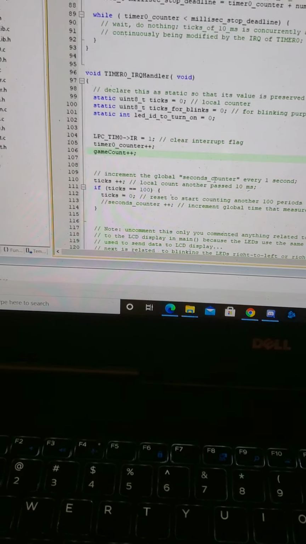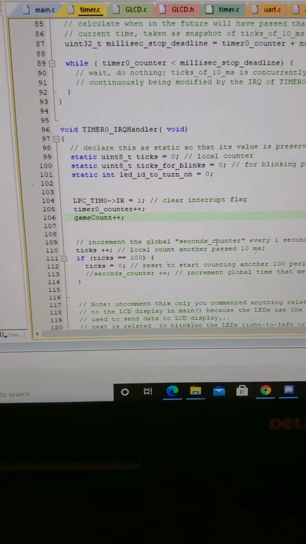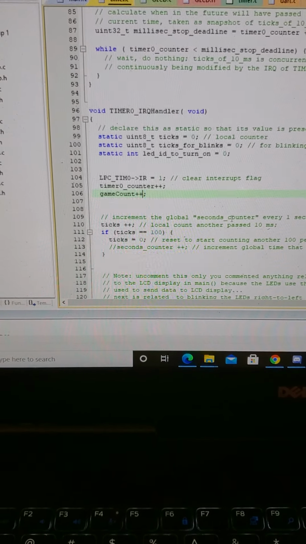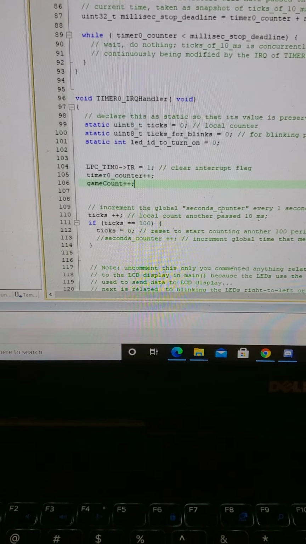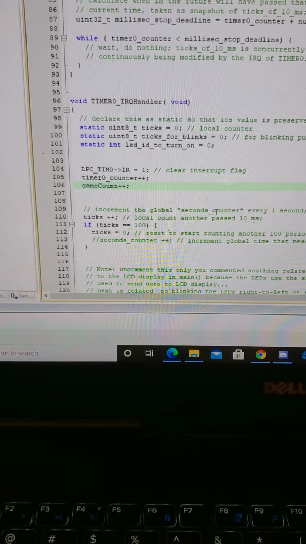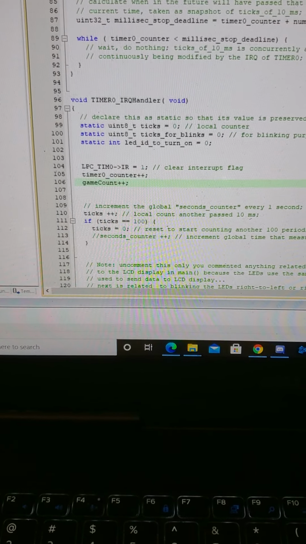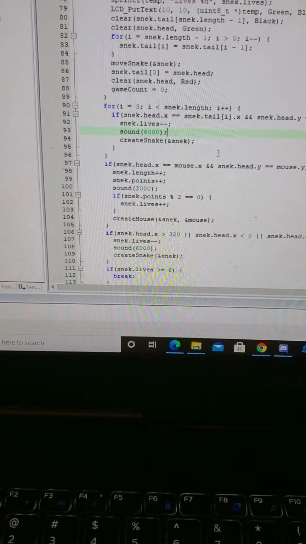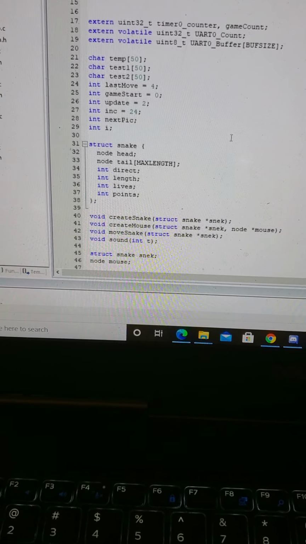So to control the snake's movement, I use the timer 0 IRQ handler, and as you can see, there's this value called game count. What game count is responsible for is just detecting how long the game has actually been going on. And so if I scroll up into